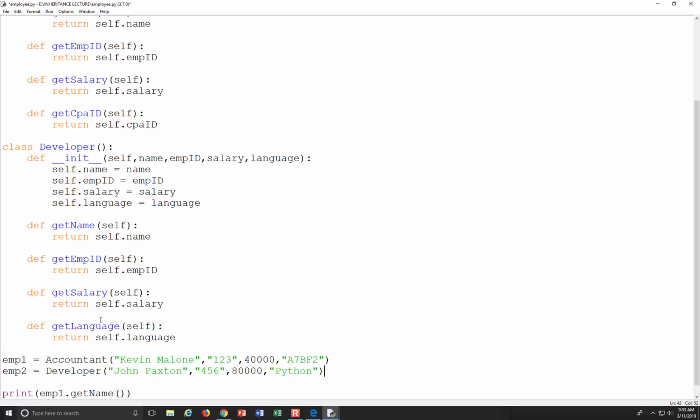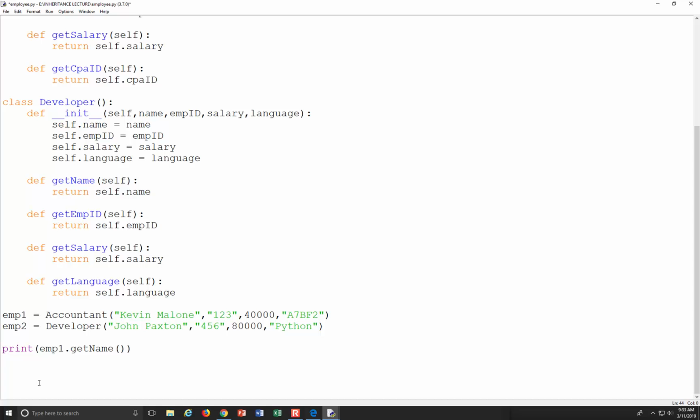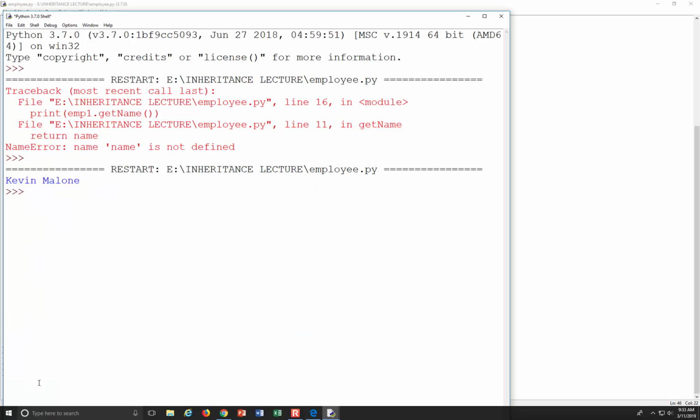Cool. And now we can just say print employee2.getName. We could say employee2.getLanguage. If we run this,